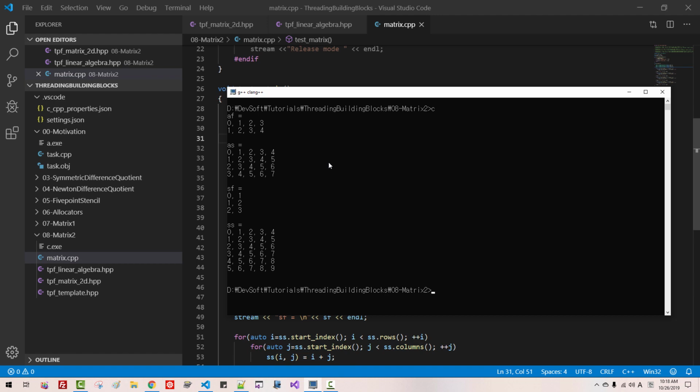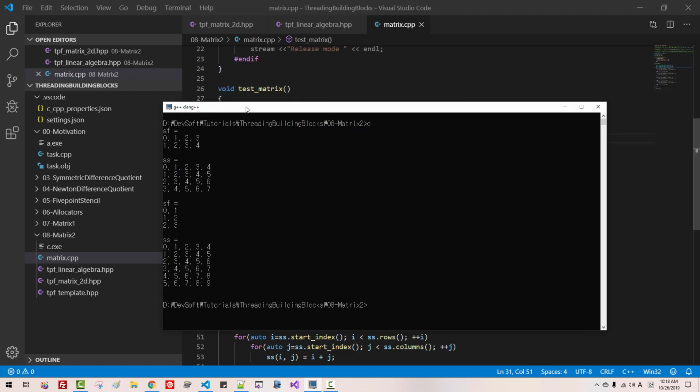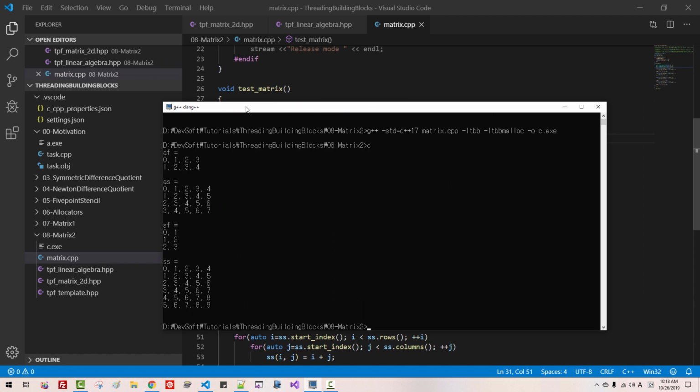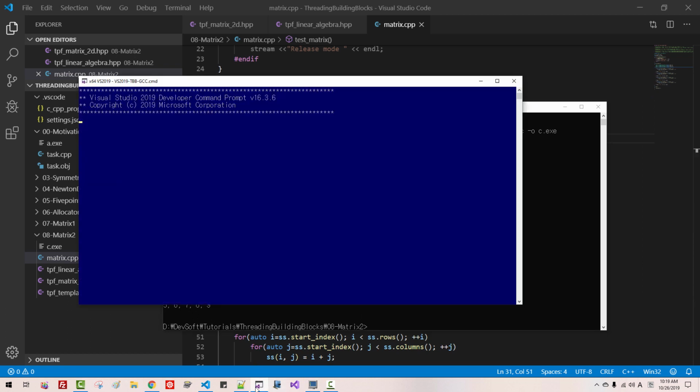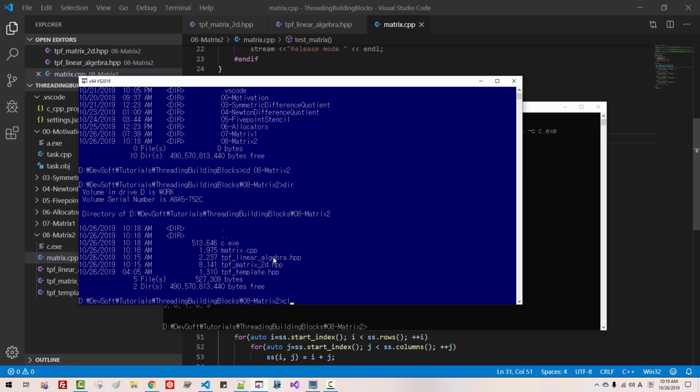It seems to be working fine. 2 by 4, 4 by 5, 3 by 2, 3 by 2, 6 by 5. 5 columns. Everything seems to be working. With the GNU G++ compiler also works. Microsoft compiler CD 08 matrix 2 CL